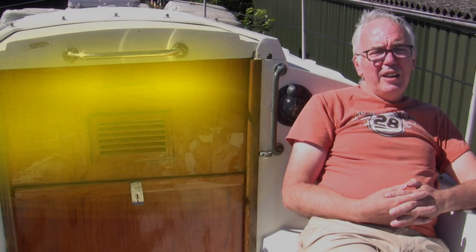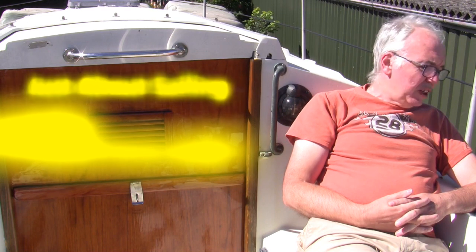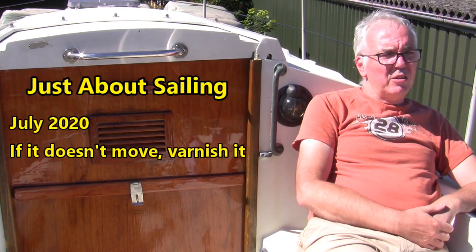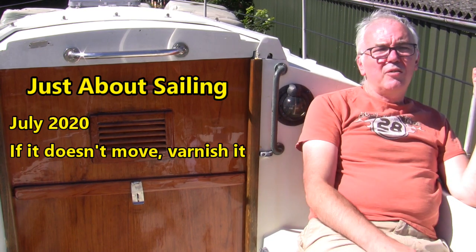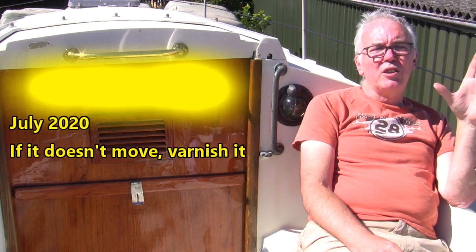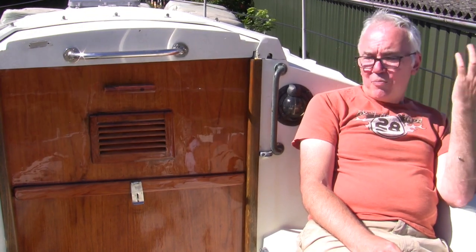This is just about sailing, July 2020, just managed to get there. This one is all about varnishing. I've been doing lots of other bits and pieces, so there'll be another video coming out soon, but I thought I'd stick to the varnishing. So this is just about sailing. My name is Paul, the other character you'll be meeting is my daughter, Lucy, and yeah, lots of